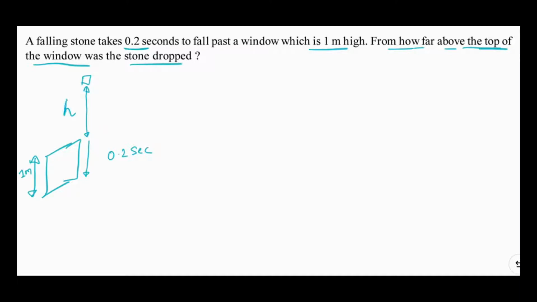Let us assume this height is h, then the height of the stone to the bottom end of the window is going to be h plus 1, where h is in meters. Now, when a particle is dropped from some height, it reaches the ground in a time root 2h by g. So, when the stone is dropped from this point, it will reach this point in a time root 2h by g,